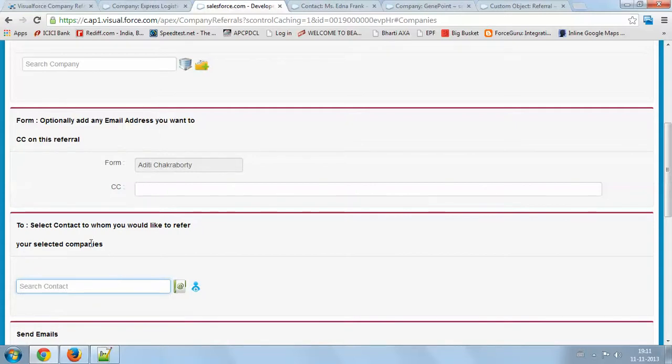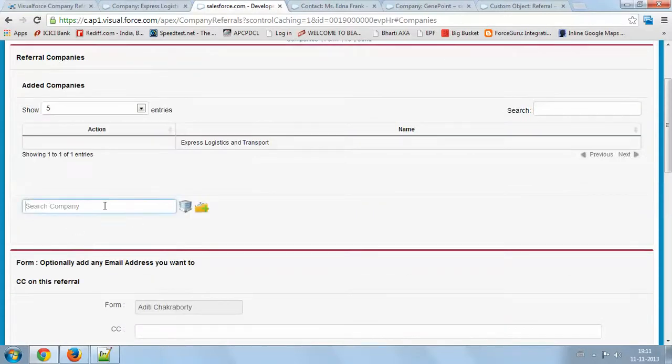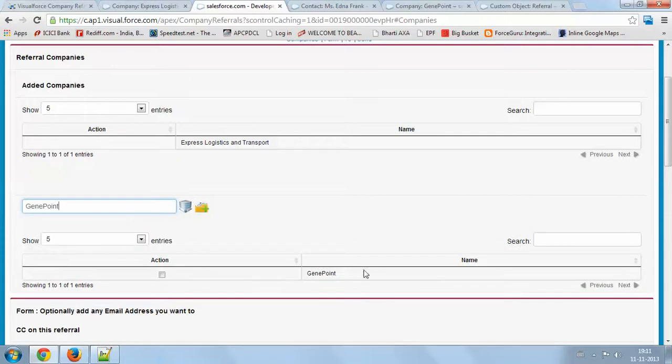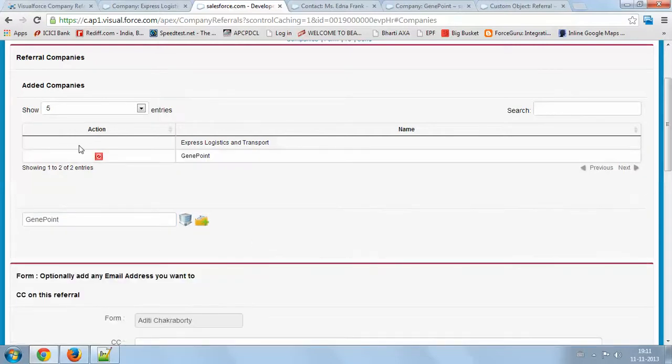You can see the company suggestion is coming. As soon as I select any company, the option to add it will appear. I am not adding it directly because I want to give the user an option to verify the record before addition. All the company details are coming as per the wireframe given.